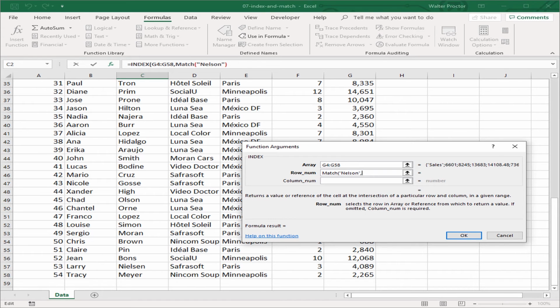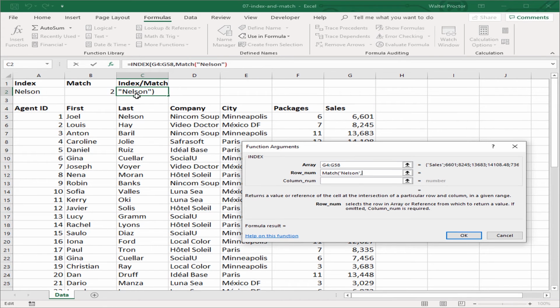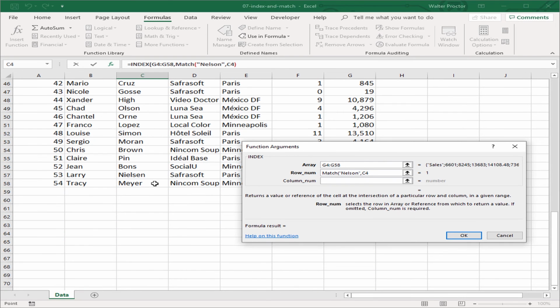Type in comma. And if you would, click on cell C4 and select from C4 down to C58. Type in your comma, and because we want an exact match, type in a 0. Close your parentheses,